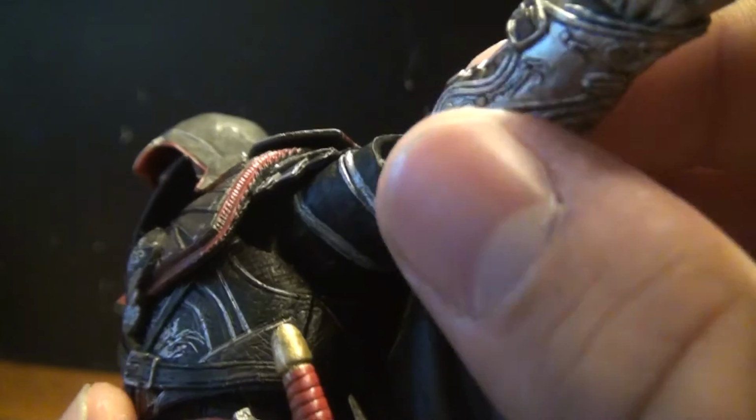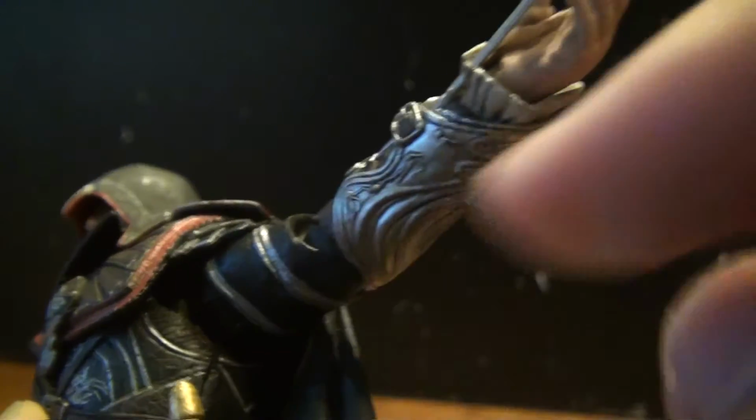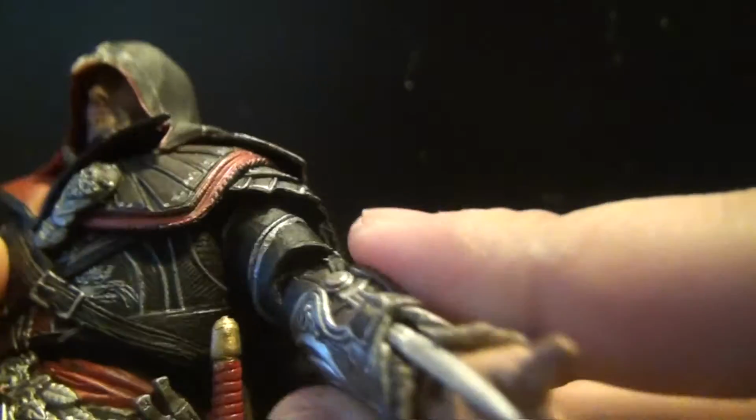One thing you also have to know is that these new Assassin's Creed figures also have inner shoulder articulation. You cannot see it really well on this one, but on the Ivory one, he does actually have inner shoulder articulation. This one too, but you cannot really see it. So it's actually really hidden, which I really, really like. He does have the